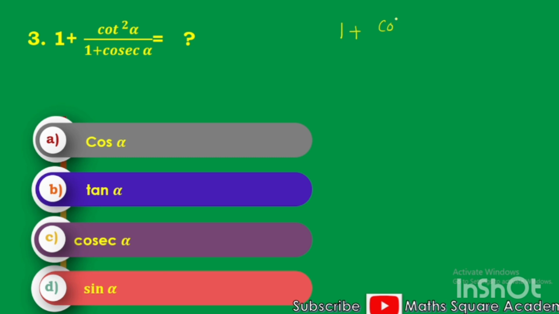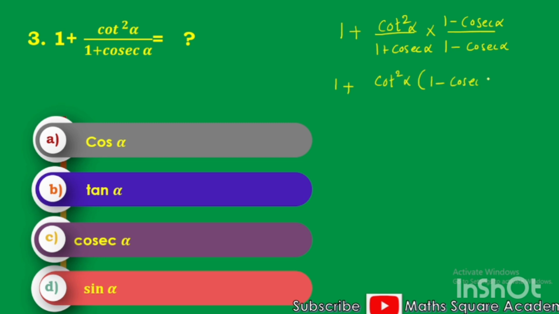So the given question is (1 plus cot square alpha) divided by (1 plus cosec alpha). To rationalize this one, multiply by (1 minus cosec alpha) divided by (1 minus cosec alpha). We'll keep 1 as it is. So simplify the second term first, that is cot square alpha times (1 minus